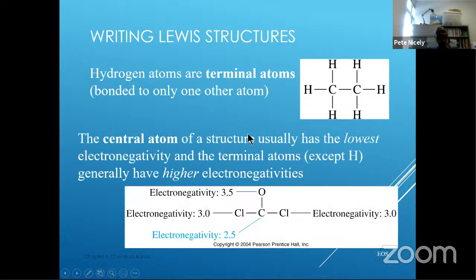The next thing I want to mention is that usually when it comes to determining the Lewis structure of a molecule, we have to determine which atom will occupy the center. Usually, what you'll find is that the atom that will occupy the center position or the middle position in the structure is the atom with the lowest electronegativity value. I think we talked about electronegativity earlier,